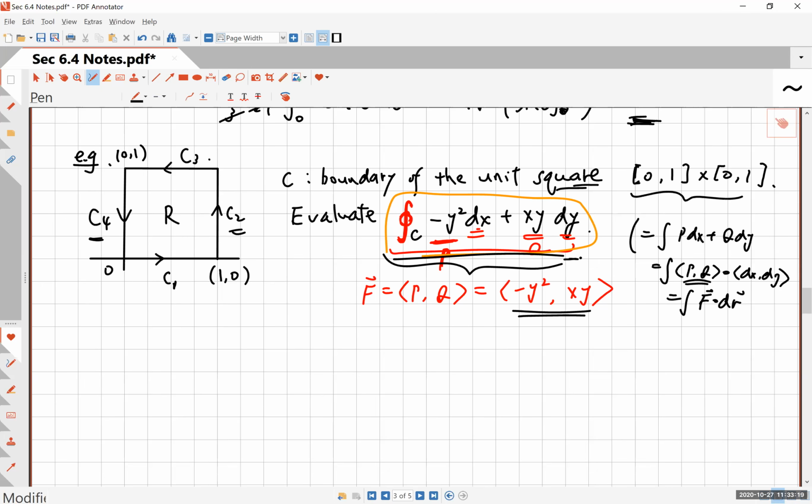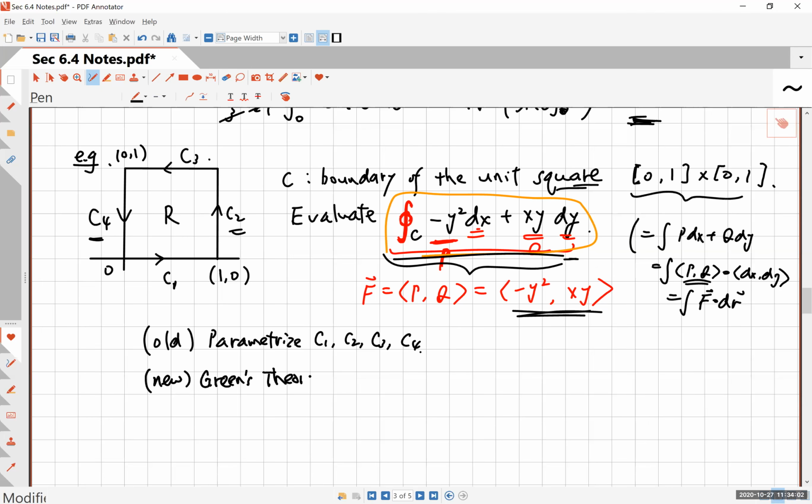All right, so with that, what do you have to do in the old way? What you would have to do is parameterize each one of these, C1, C2, C3, and C4. For each edge or segment, you write this in terms of t, which is not too hard. Then you find the integral along all four edges, and maybe you should do that in your spare time, and then you add them. That's one way of doing this, but the new way is much better,